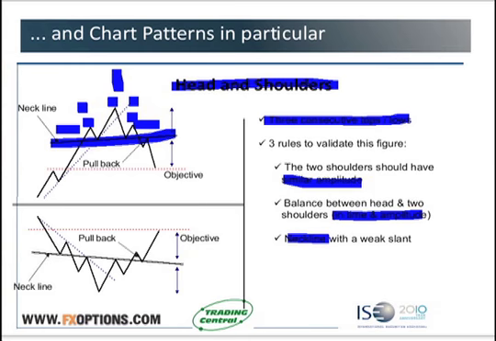There is a weak slant on the neckline. You can see the uptrend, which is becoming a bearish trend. Either you can sell once the neckline is broken down, or you can wait for the pullback to enter the